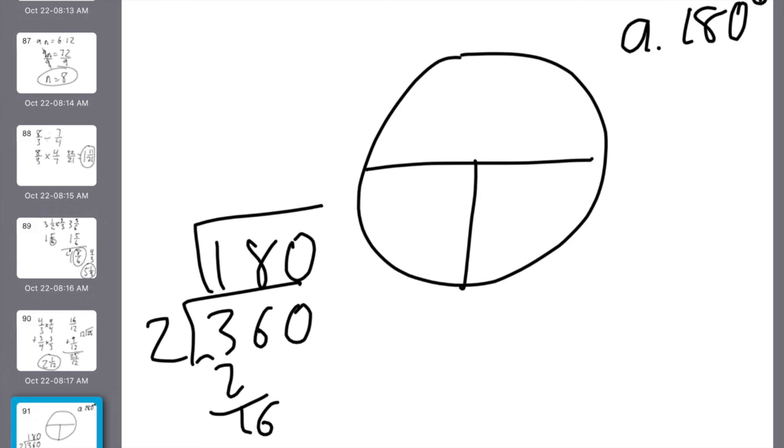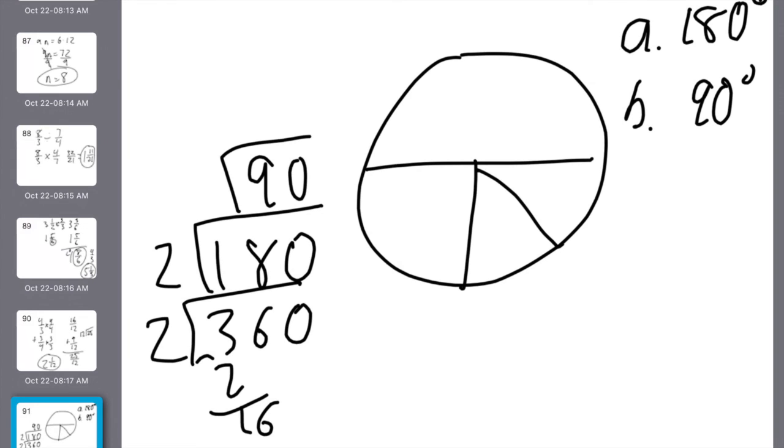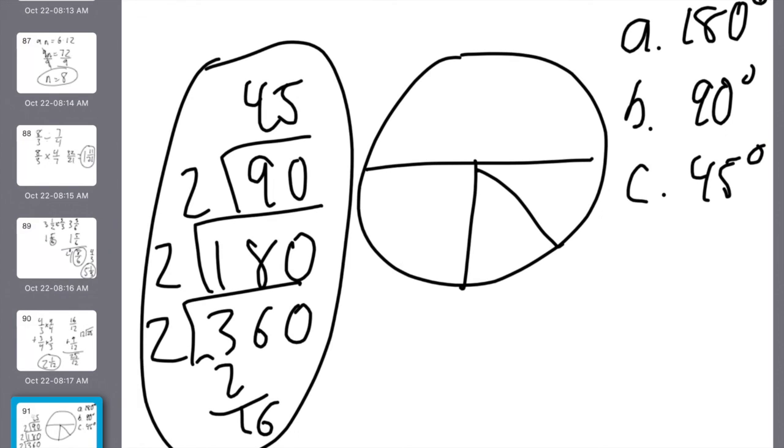B, what's a quarter? So now they're showing you on that picture, guys. They cut it in half. Now they cut it in half again. So I'm just going to cut it in half again. Goes in there 90 times. And now they cut it in half again. So I'm going to cut it in half again. And it goes in there 45 times. I hope you didn't have to do this personally. I hope you have it memorized. Half a circle, 180. Half of that is 90. Half of that is 45, guys. We use those measurements all